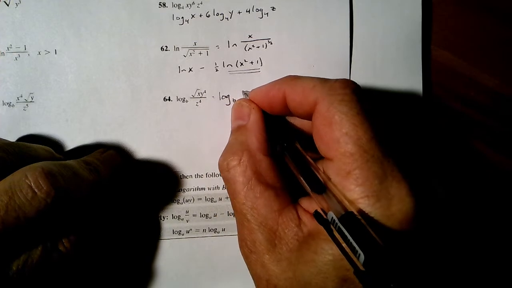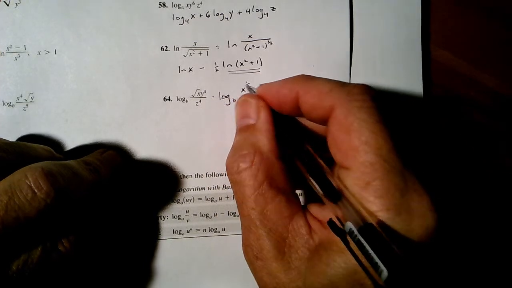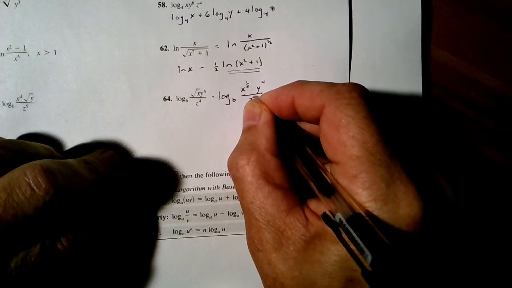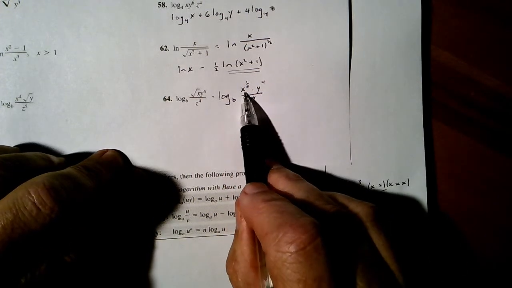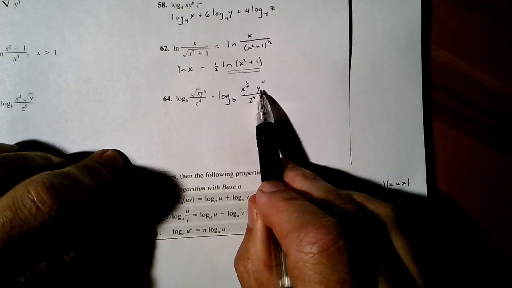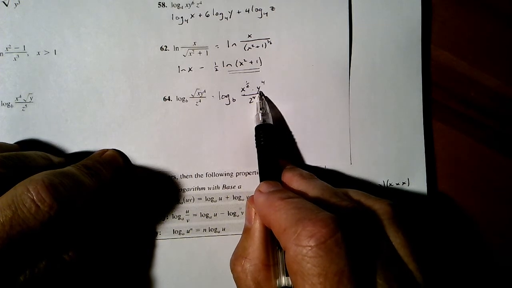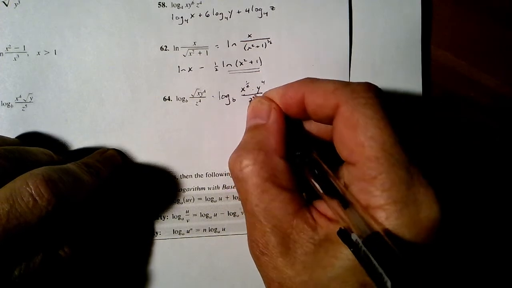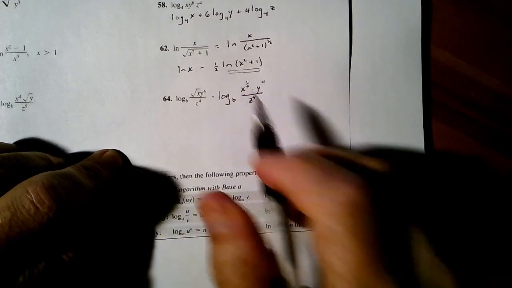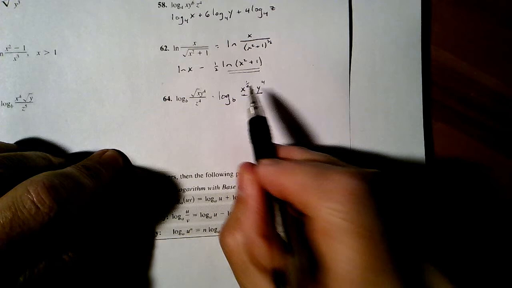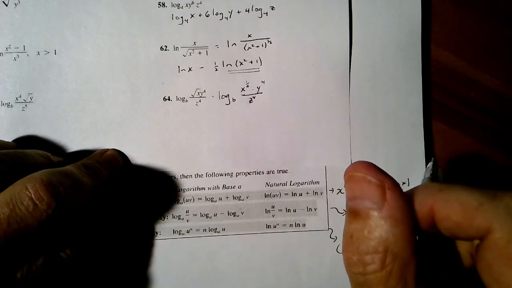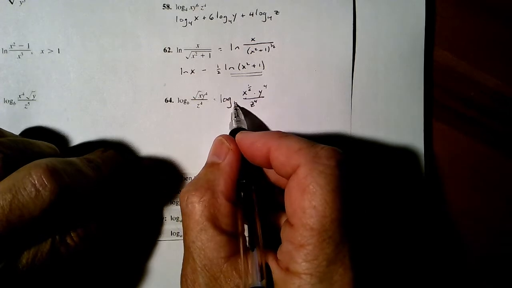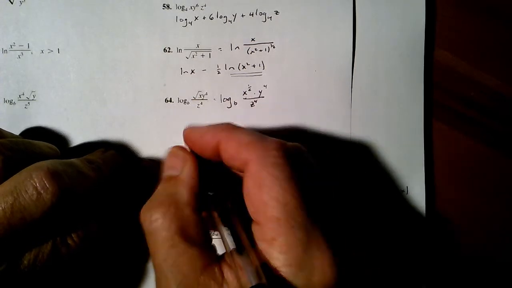Log base b of x to the 1/2 times y to the 4th over z to the 4th. So it's log base b of x to the 1/2 plus log base b of y to the 4th minus log base b of z to the 4th. But those exponents can pop out along the way. This is a one-step problem. Students are typically very, very good at this. So I get a log base b of x to the 1/2